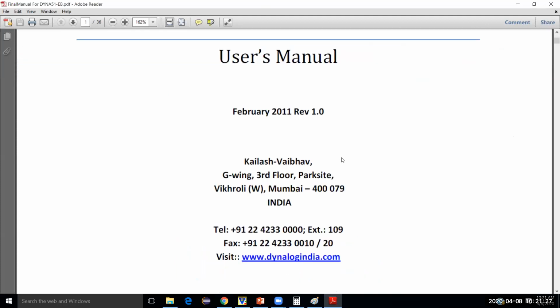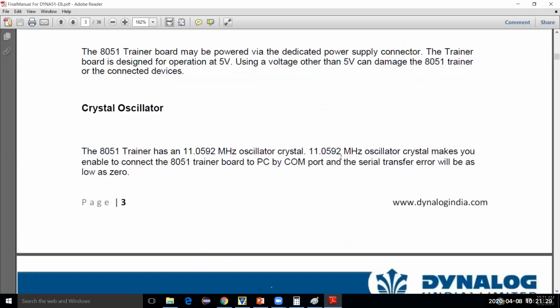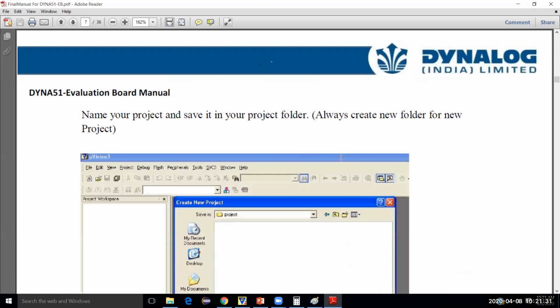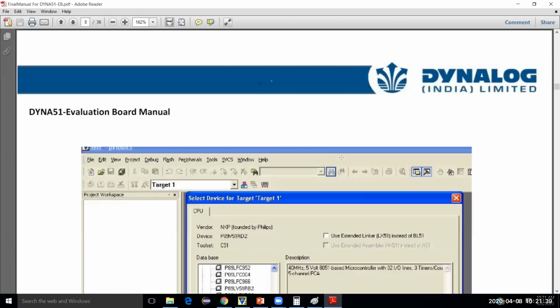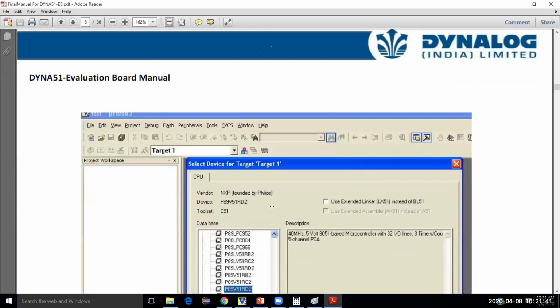If you check the configuration in this lab manual, I have already shared it with you on Moodle, so you can download it and read its contents.